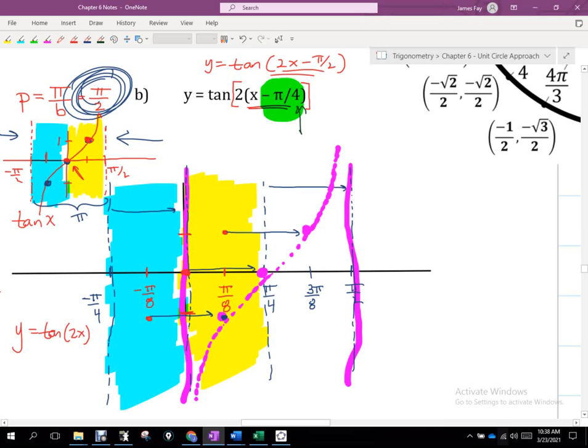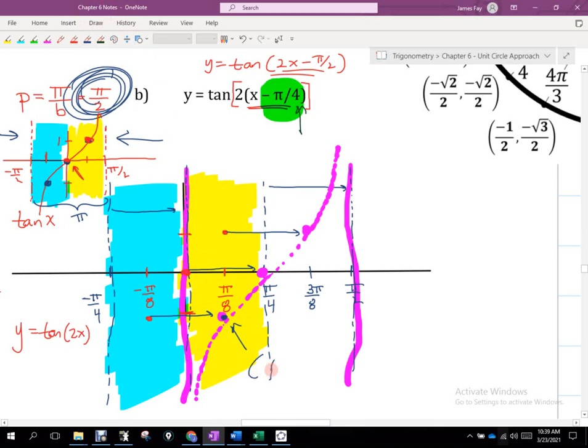Now, every one of your graphs may be different because you might have gone out a little bit further to define where your pi over 4 was than what your neighbor did, right? If I left it all up to you, gave you all the freedom in the world to graph this, and I collected those, there's no singular transparency that's going to graph every single one of them. So what I'll be looking for, if I were to do that, would be